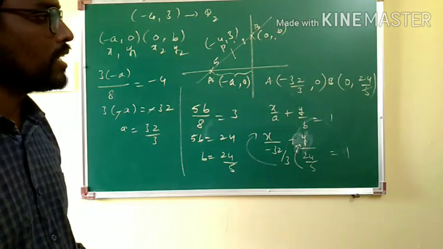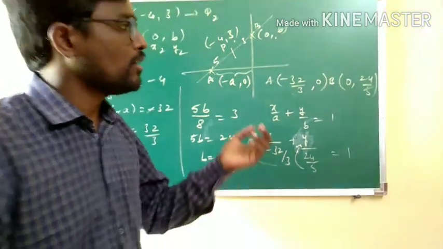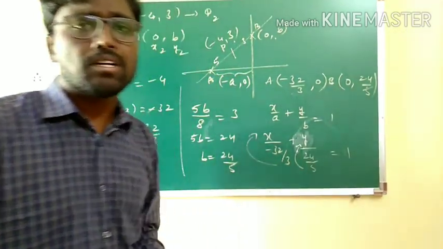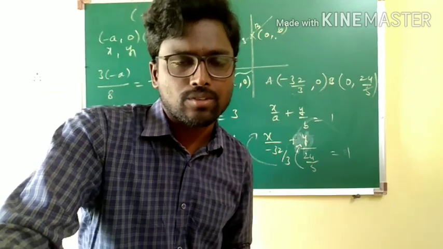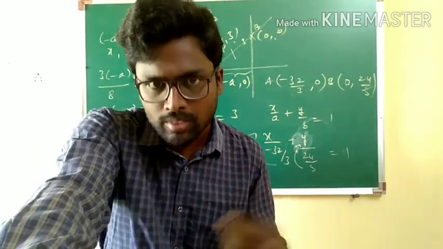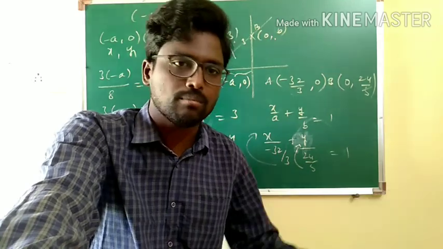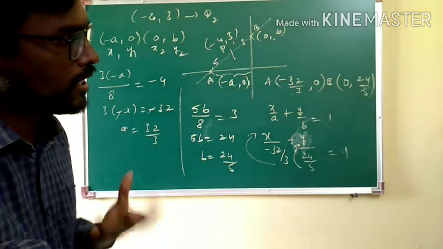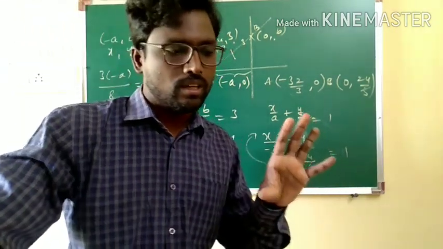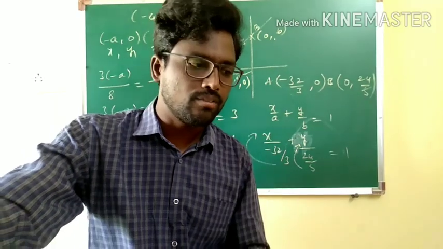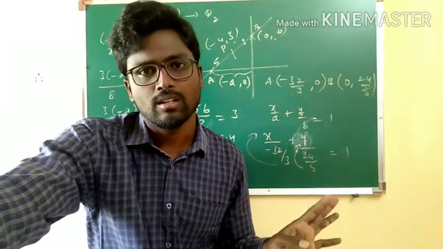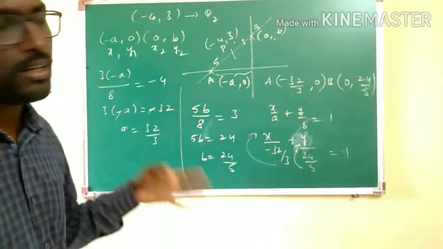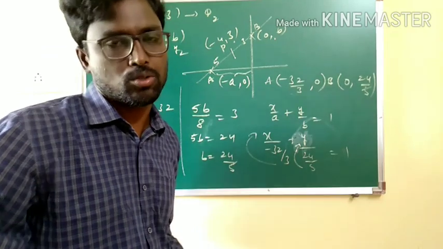Otherwise you can find this line equation with the help of the 2-point formula. What is that? If you treat this as x1 y1 and this as x2 y2, y minus y1 is equal to m into x minus x1, where m is given by y2 minus y1 by x2 minus x1. See, multiple methods are there, that's why you have to think in multiple ways. You can't expect everything from me. If you try to develop such solving skills, that will be helpful for you. Here I am trying to give you multiple methods. How far you are able to catch, I don't know, because we are connected virtually here.